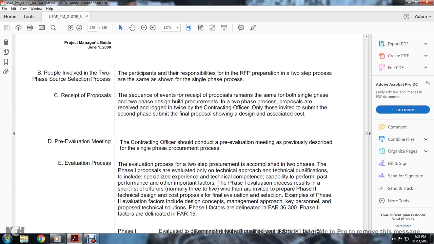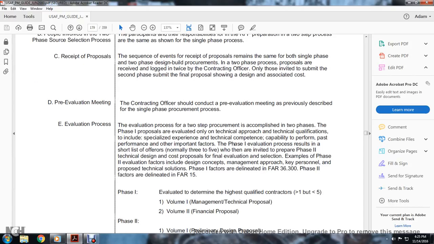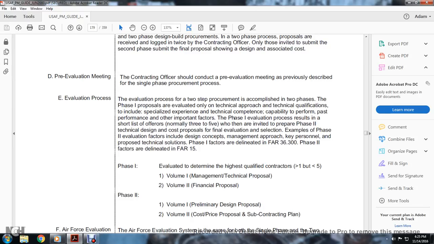D. Pre-evaluation meeting. The contracting officer should conduct a pre-evaluation meeting as previously described in the single-phase procurement process. Evaluation process: the two-phase procurement is established in two phases. The phase one proposal is evaluated on technical approach and technical qualifications, to include specialized experience, technical competency, capability, past performance, and other important factors. The phase one evaluation results in a short list of offerors who are then invited to